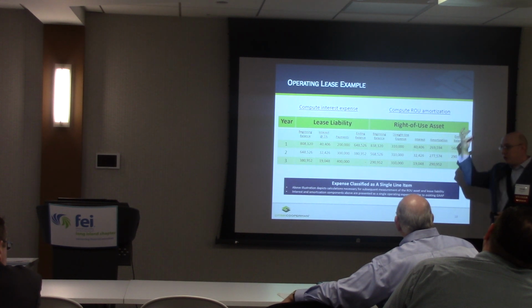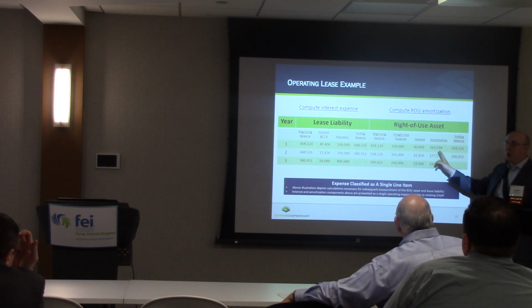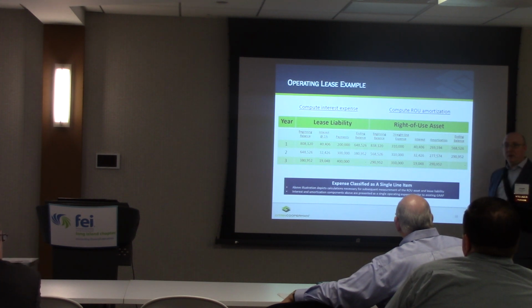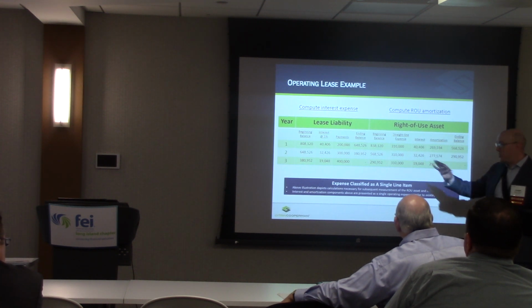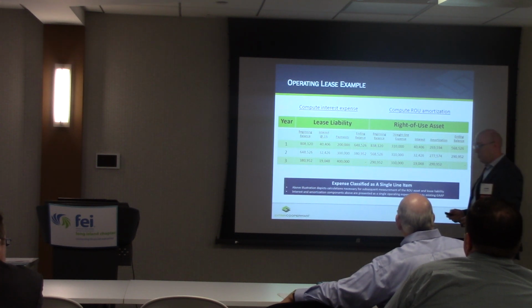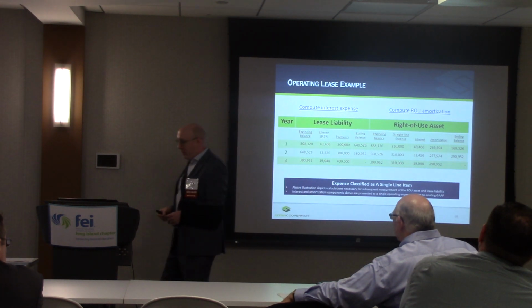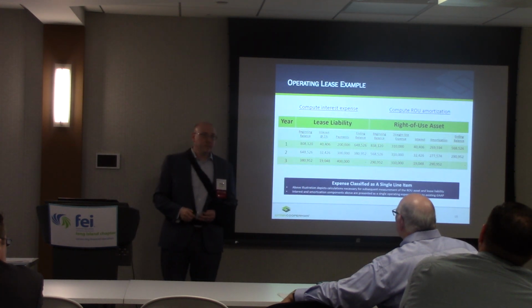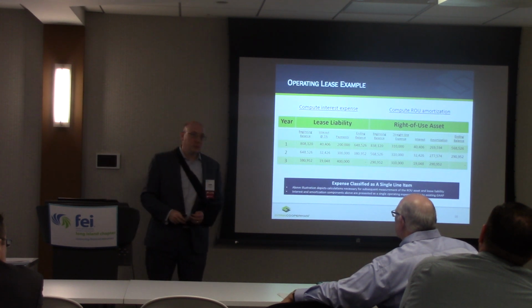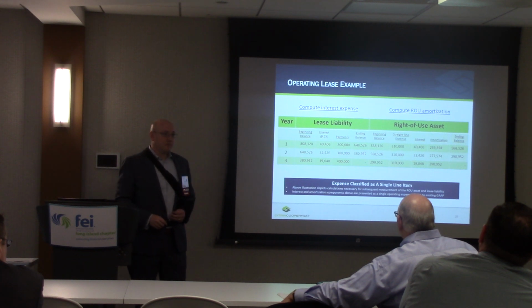So all it does is reduce your balance sheet, but this amortization charge is part of that rent line item. It's not called amortization, it's not called interest. Finance, it is. So your balance sheet is going, your asset is going down by 269, and your expense is going to be 310, correct. And the difference is 40, which is your